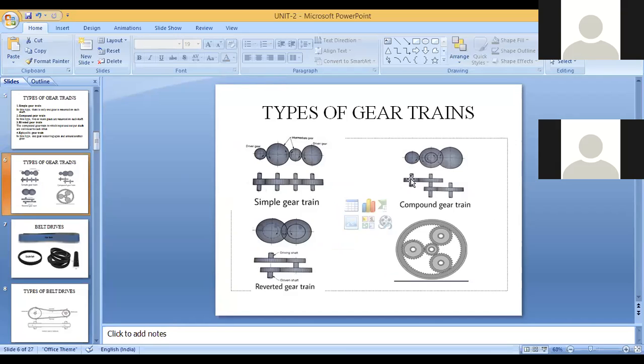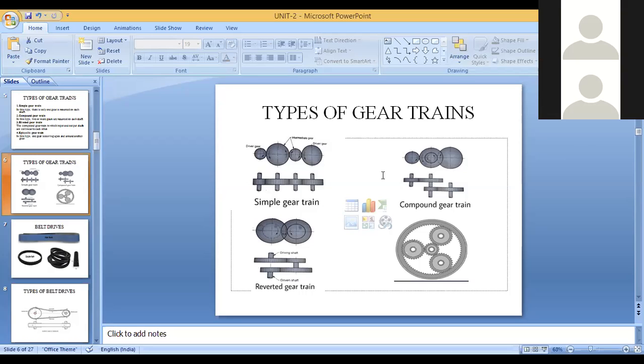Now power from the first gear is getting transmitted to the second shaft, and from the second shaft it is getting transmitted to the third shaft. But here there is a difference in the diameter of the gears. As a result, there will be a difference in the torque and force. So wherever you want a difference in torque and force, depending on our requirement, we use this type of compound gears.